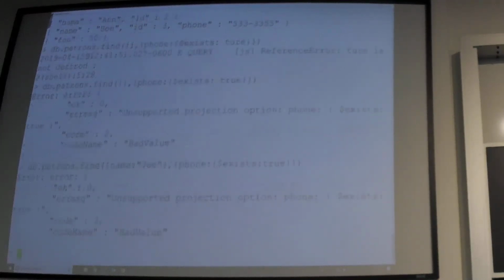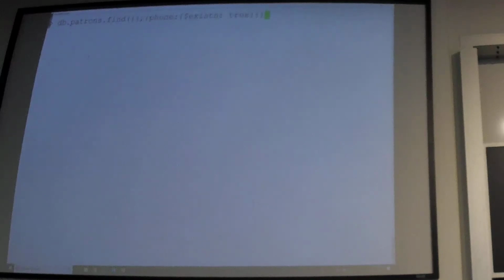It's clear that I don't use Mongo a lot. Well, anyway, something like this would give you only the ones that have a phone. It does work. I have tried this. For some reason, the command I wrote here is not the right syntax, but